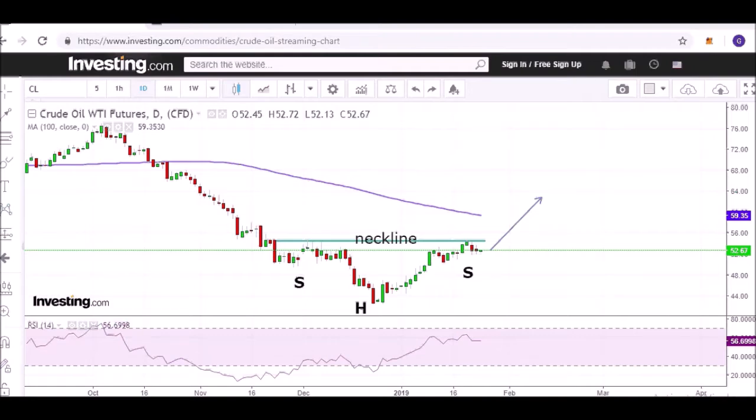And today I want to briefly talk to you about crude oil. What do I see on crude oil? Well, there are quite a few positive signs, but there is a cautionary sign as well, and we're going to talk about that. So starting with the positive signs, what I see on the chart is an inverse head